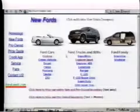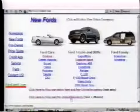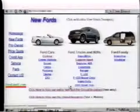On this site, you do see they have the vehicle inventory listed, and let's click on that for a second and take a look. What you see here is a large listing of all of their inventory. And it's basically my opinion that this is not updated on a daily basis because of the format that it is. One of the things you notice is there's no pictures, which makes it hard,